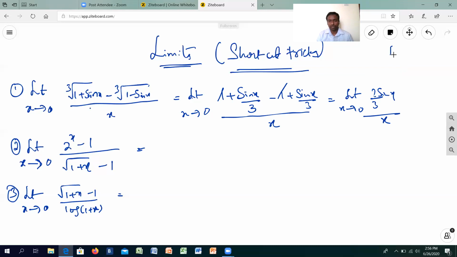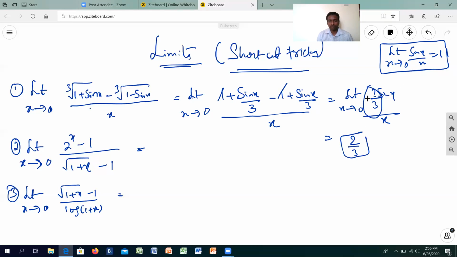Now we all know we have a formula in limit x tends to 0, that sin x over x is equal to 1. In case you have a doubt how to get this one, please check my earlier videos that I have posted on my channel. You will get to know how sin x by x is equal to 1. So upon applying this formula, my direct answer is nothing but just 2 by 3. Isn't it great, students? With this binomial expression with the limit, you can easily work it out and get the answer quickly. Now let us solve the second question.